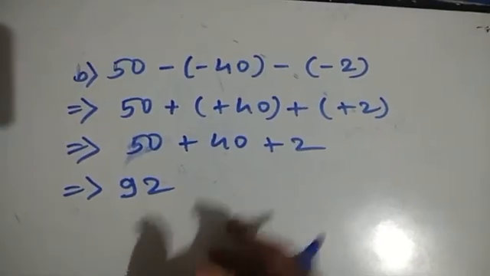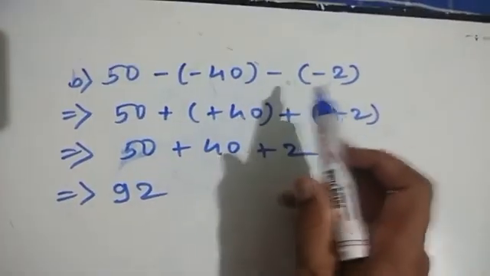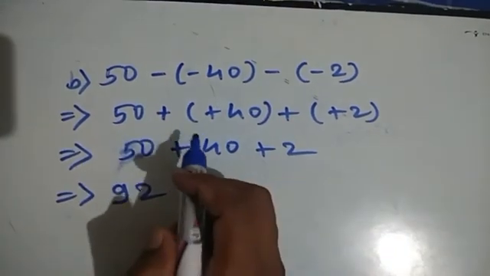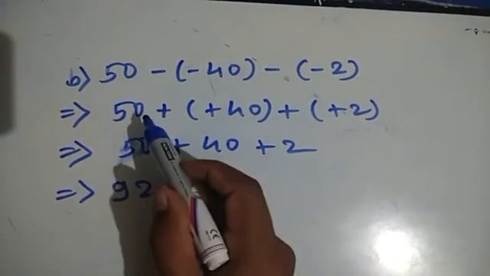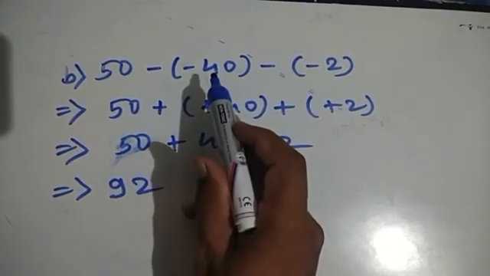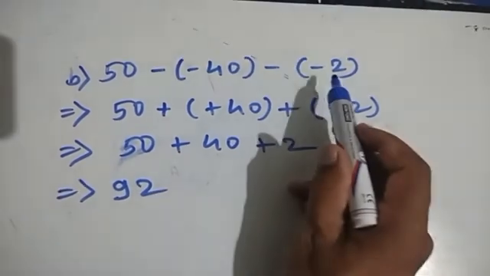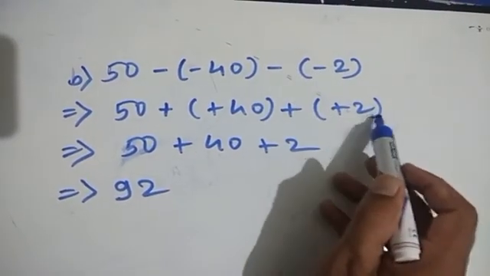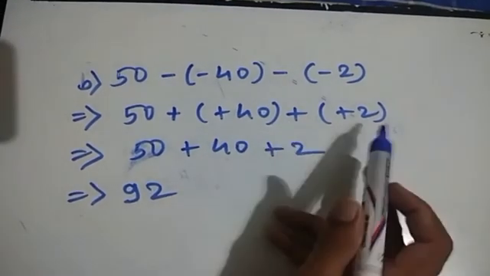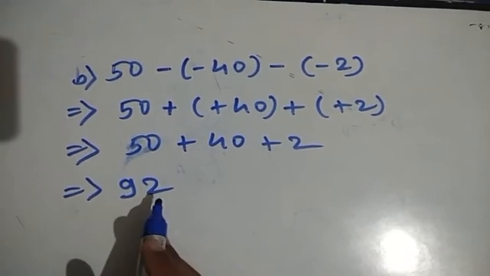Let's solve one more example. 50 minus 40 minus of minus 2. Now see here students, again subtraction is there, so we'll convert that into addition. Now 50 as it is, minus will become plus, and that is why what will be the additive inverse of minus 40? Plus 40. Now this minus also becomes plus, write the additive inverse of minus 2 also, plus 2. Okay, now here this 50 as it is, plus 40 as it is, plus 2 as it is. Now 50 plus 40 plus 2 is what? 92. So therefore 92 will be the answer.